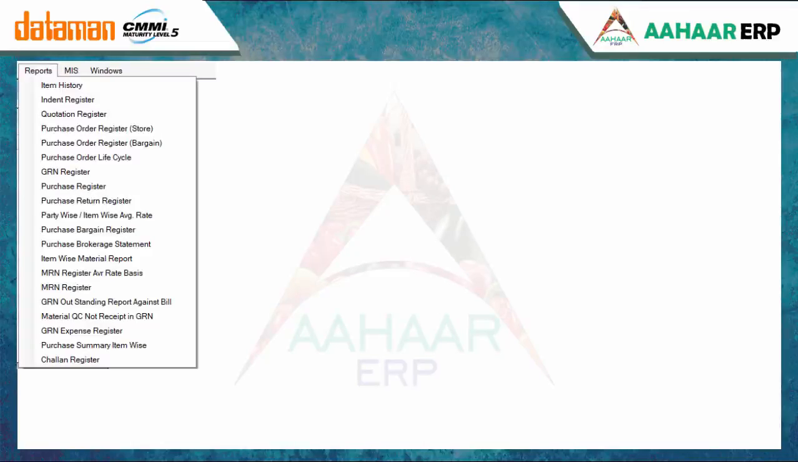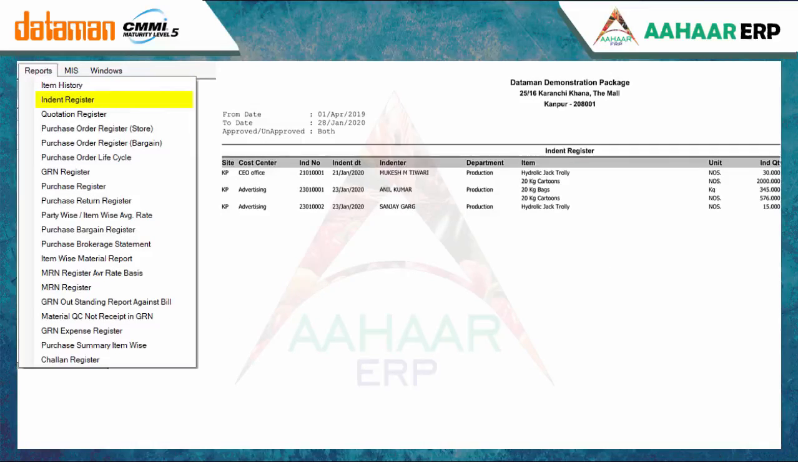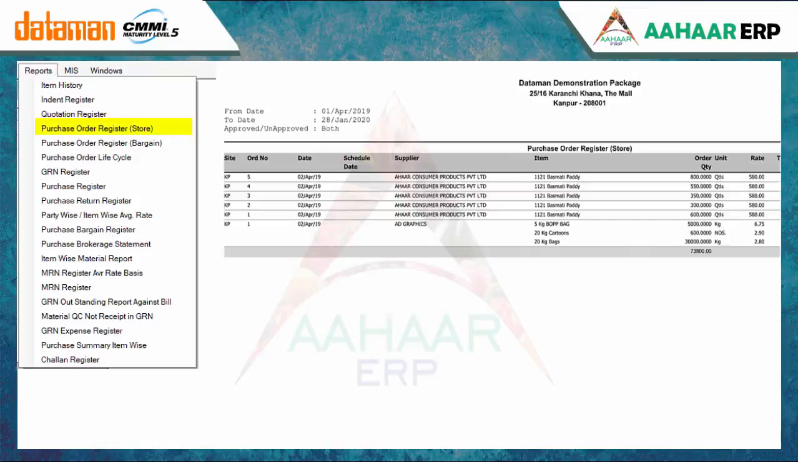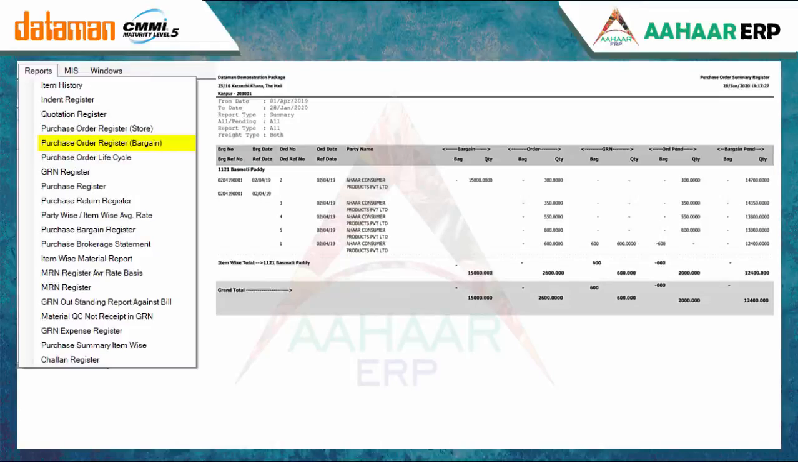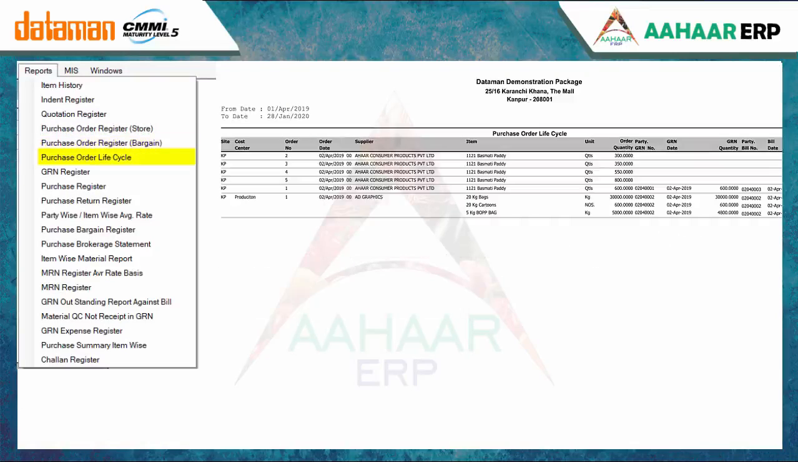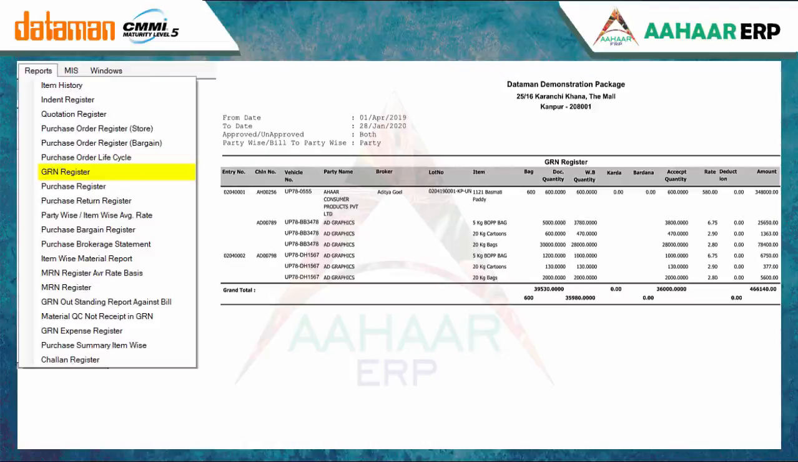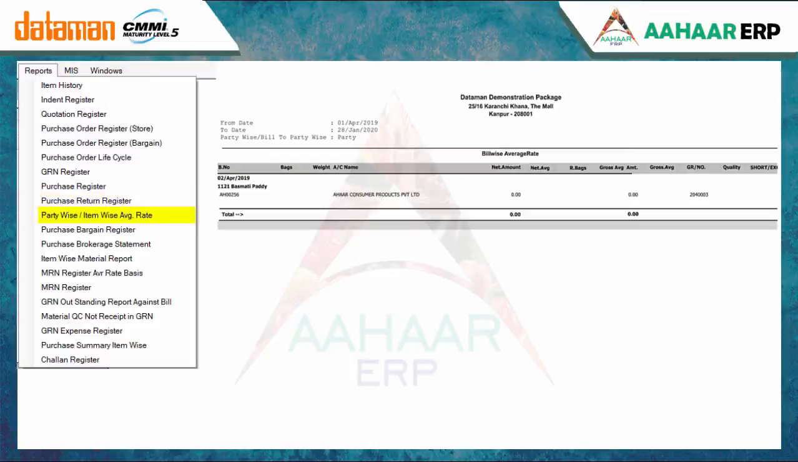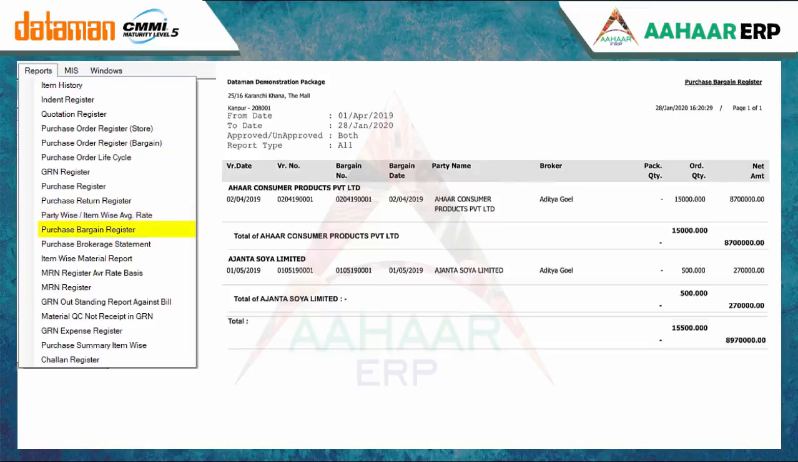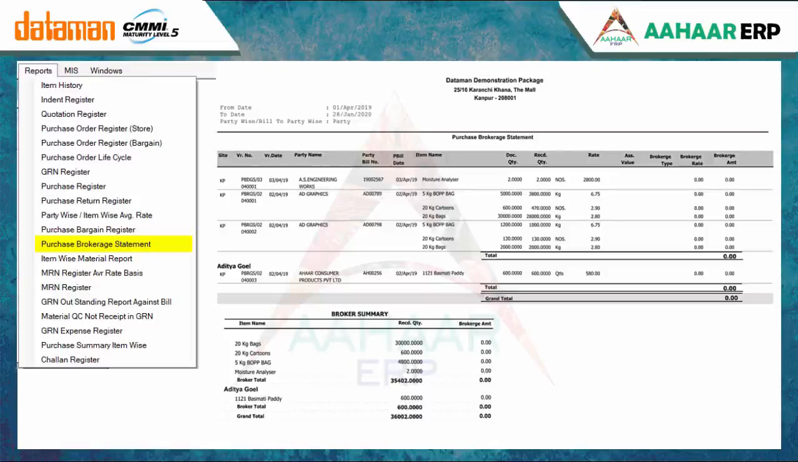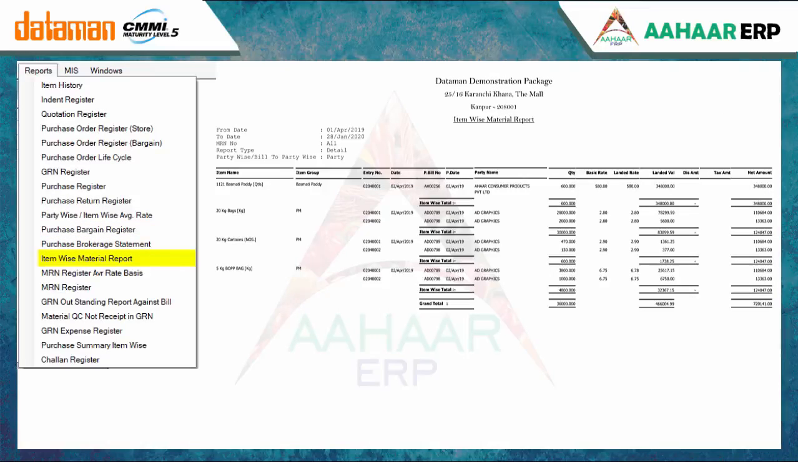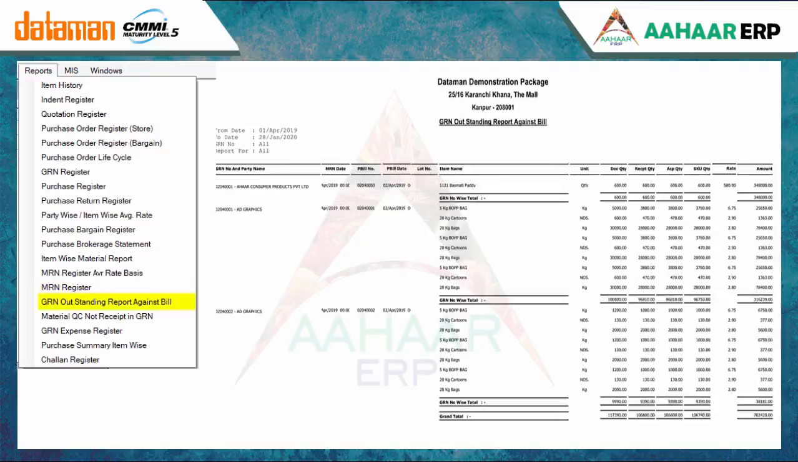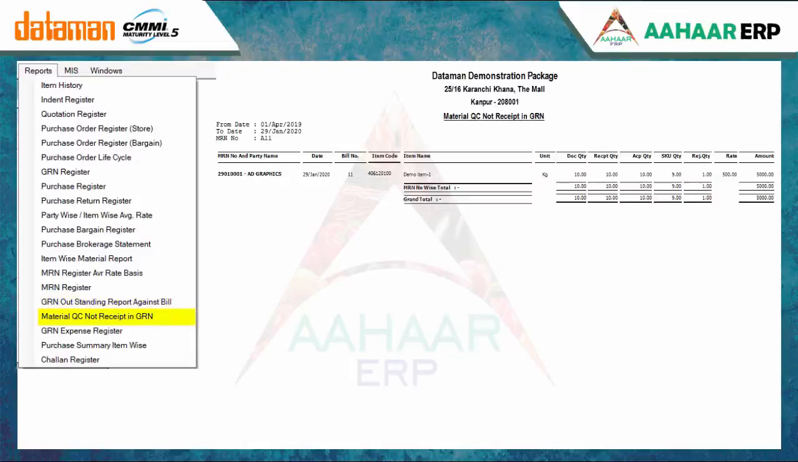You can also check report of item history, indent register, quotation register, purchase order register store, purchase order register bargain, purchase order life cycle, GRN register, purchase register, purchase return register, party-wise or item-wise average rate, purchase bargain register, purchase brokerage statement, item-wise material report, MRN register average rate basis, MRN register, GRN outstanding report against bill, material QC not